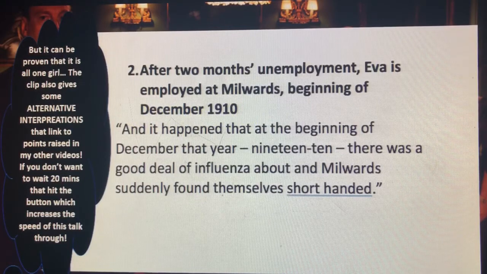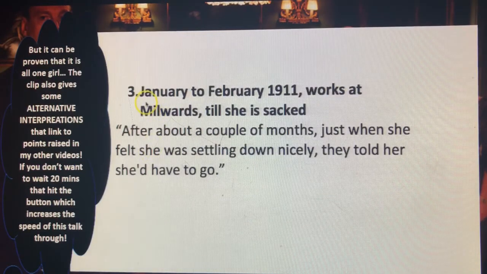The capitalist system is therefore inherently unfair. Next, we discovered that from January to February 1911, she worked at Millwall's until she was sacked. Now, this date has to agree exactly with what Sheila has done. So we know that the girl who gets sacked from Millwall's has to be the same one who got sacked from Burling's. Unless the inspector just got incredibly lucky and found out that Sheila had someone sacked, but that sacking